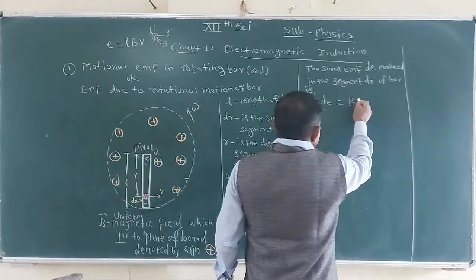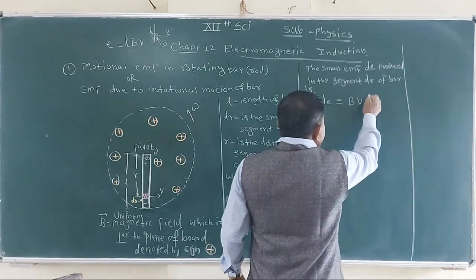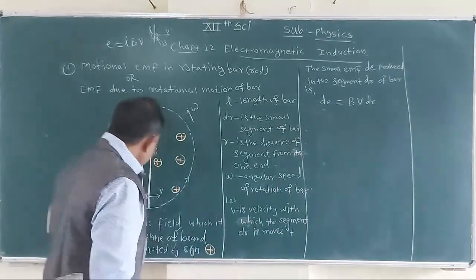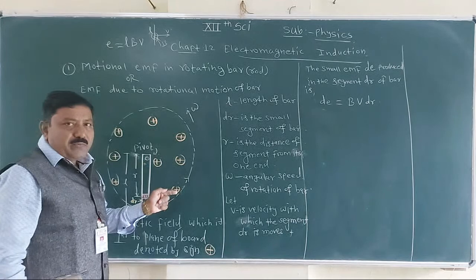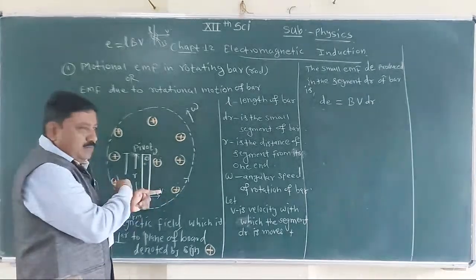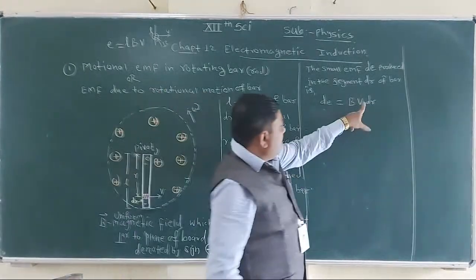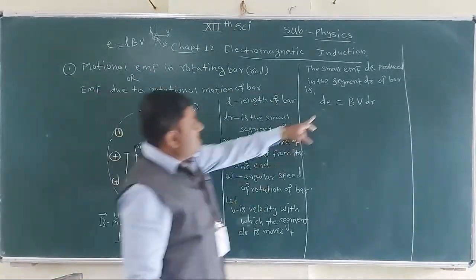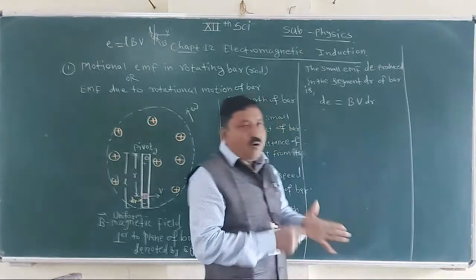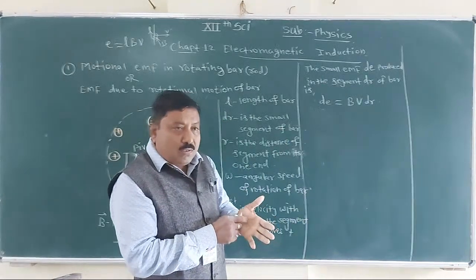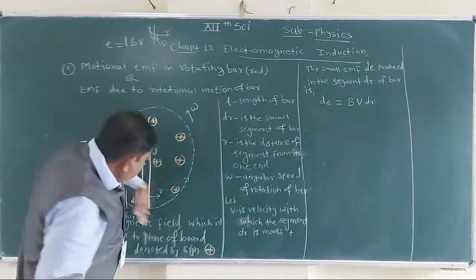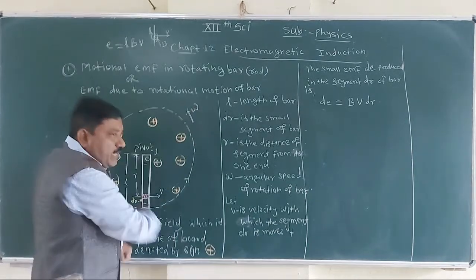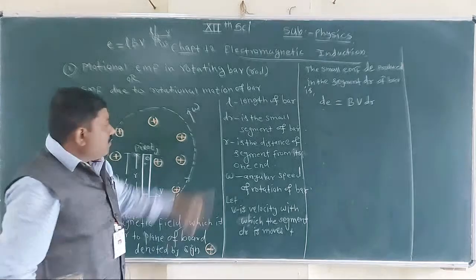And that dE is taken as B into V into dr. What is V? Velocity with which it is moving in this magnetic field. Then B is the magnetic field and dr is the small length. Then this is the small EMF produced in that rod. Now, as the total rod or a bar is rotating uniformly with a constant angular velocity omega,